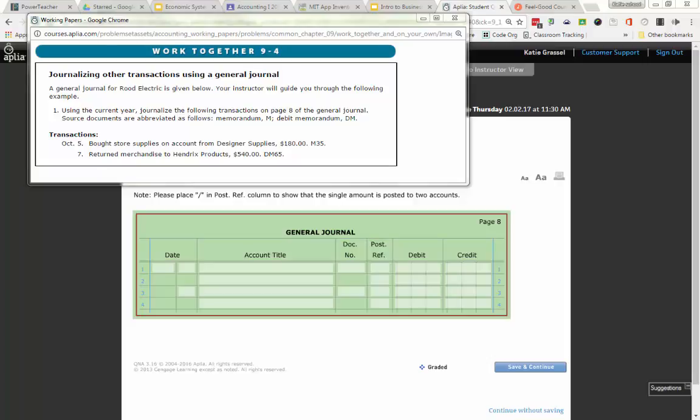So when you took that quiz the other day, some of you said buy merchandise. That didn't cut it, because you only record things in the purchases journal if you're buying merchandise on an account. Cutting hairs on it, but that's the important part. Because I can buy merchandise for cash, and that would go in my cash payments journal. But really, purchases is just when I'm buying things and I'm going to pay people later,